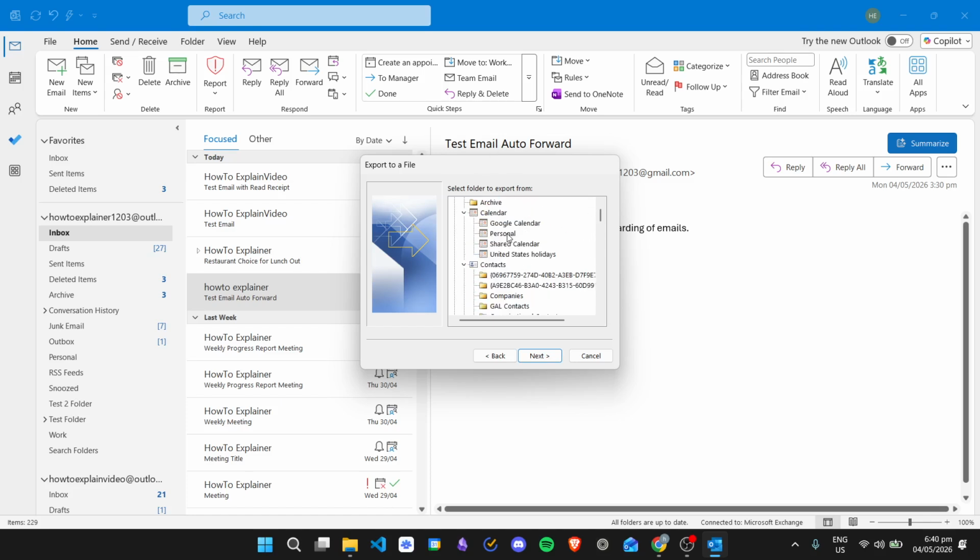So we can scroll up, we can see calendar right here, or if you want to go ahead and export a more specific calendar, for example, you can select them right here as well. So I'm just going to select the default calendar, then click Next, and then from here, you just need to